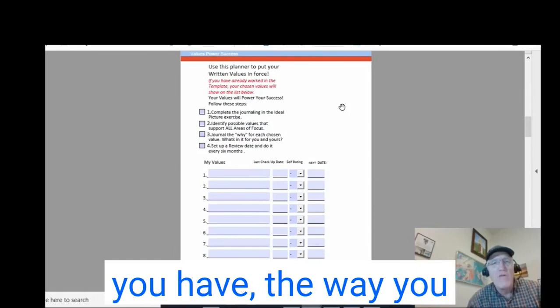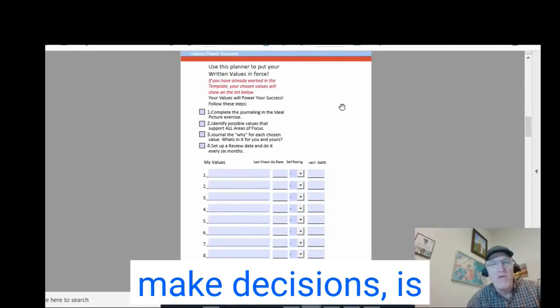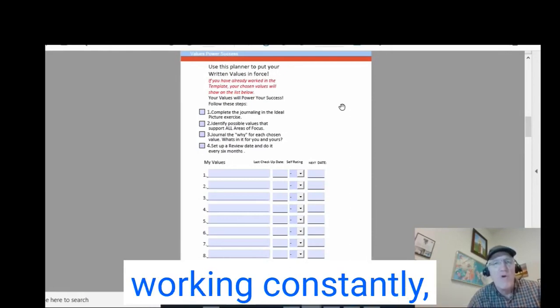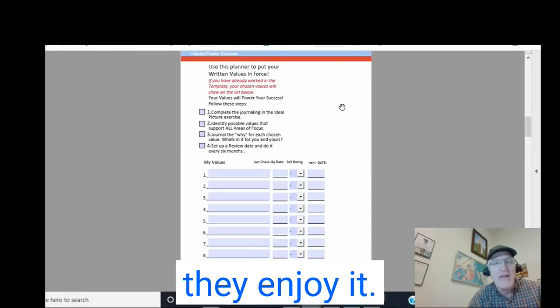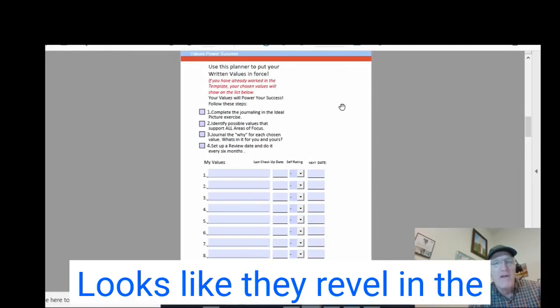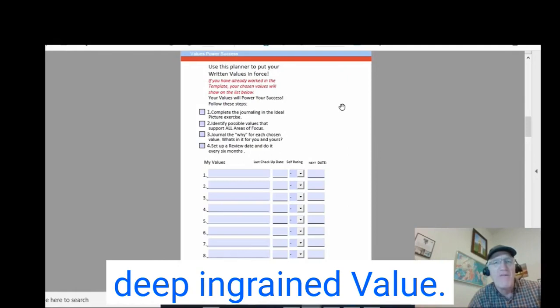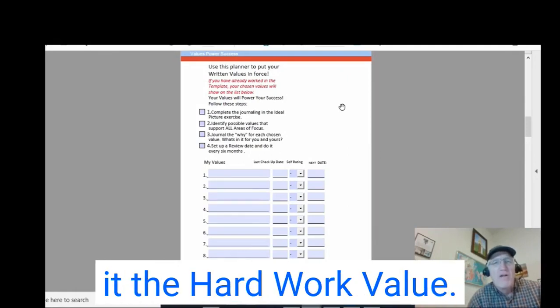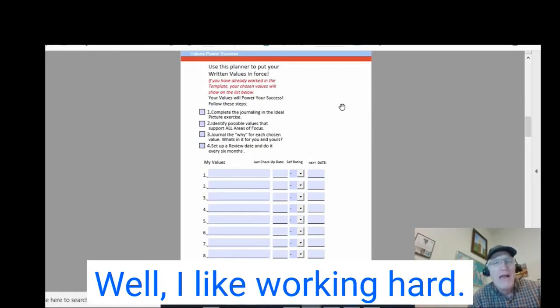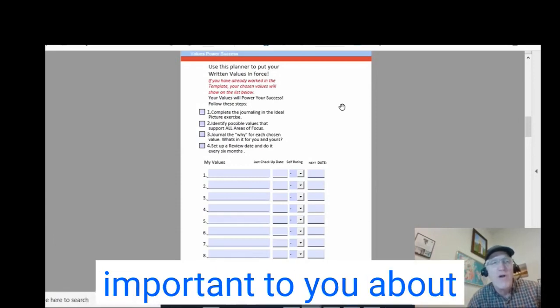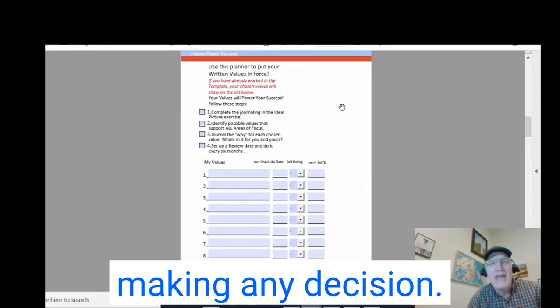The way you make decisions is guided by your values. For example, someone working constantly who seems to enjoy it, who looks like they revel in the fact that they work hard, probably has a deeply ingrained value. Sometimes we just call it a hard work value. Well, I like working hard. It's a value. Your values are what's important to you about making any decision.